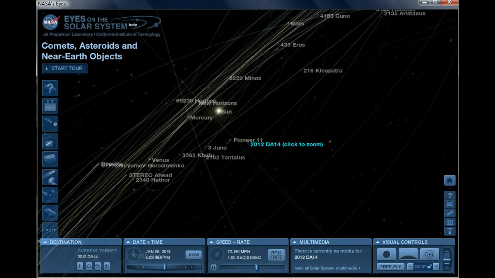to pass very close to Earth on February 15th, 2013. In fact, it's going to pass so close to Earth that it's going to pass within the orbits of many of our geosynchronous satellites, if I got that out correctly. And there's a small risk that it could hit Earth, but according to NASA's data that they have here on